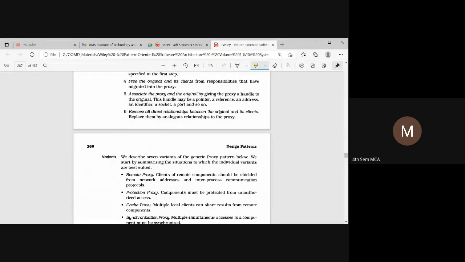The proxy and the original have to handle the original, and we need to identify it. How do we identify? Through the address, the identifier, the socket, and the port number, we are identifying that. After identifying all that and providing the service, we need to remove all the direct relationships from that.